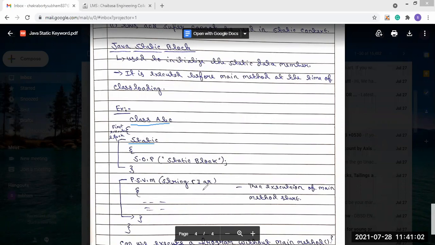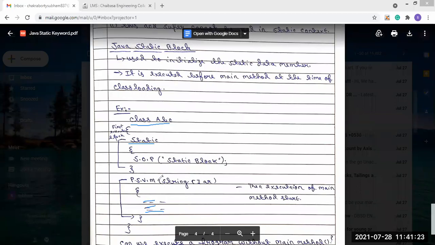And there is public static void main(String[] args), the main method, where any statements may be present. There is no problem.